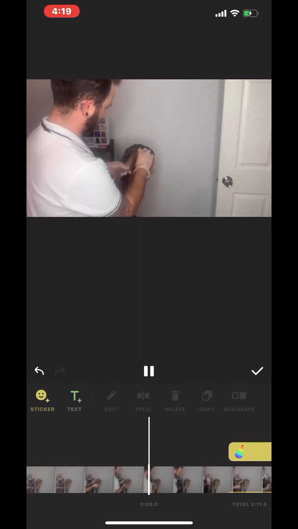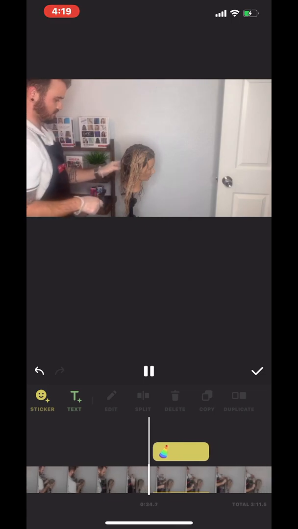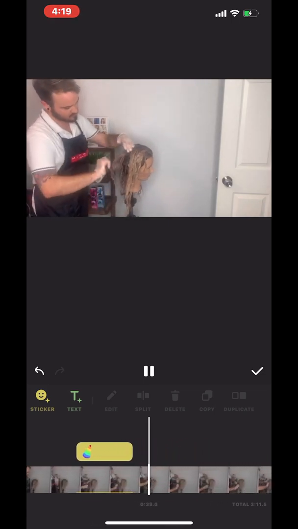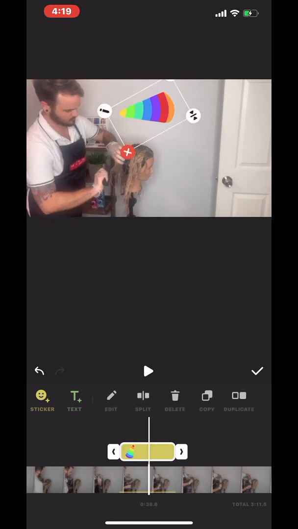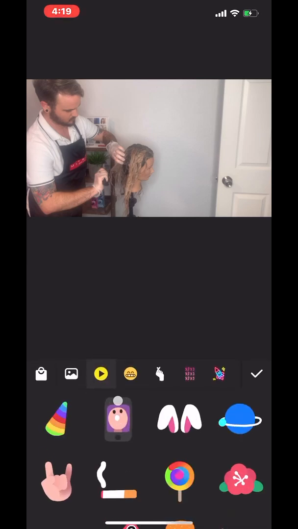Let's just check. Here I am doing hair. Now here comes my little sticker. Got something important to say. And then there you go. So if I don't love it, I can just click it, click delete, and it'll get rid of that sticker for me. Now, if I go back to my sticker button and I click the sticker again, right to the